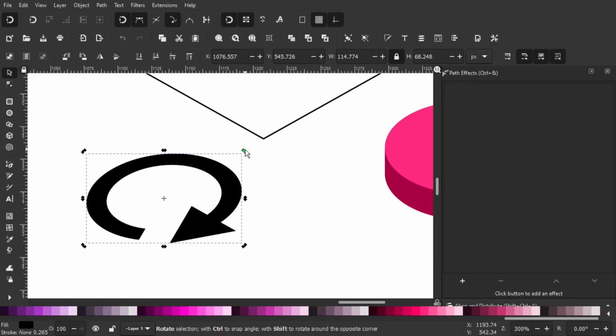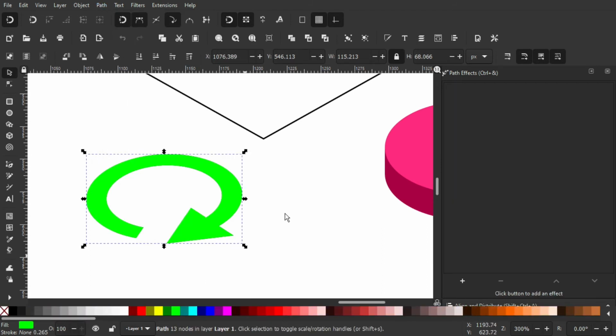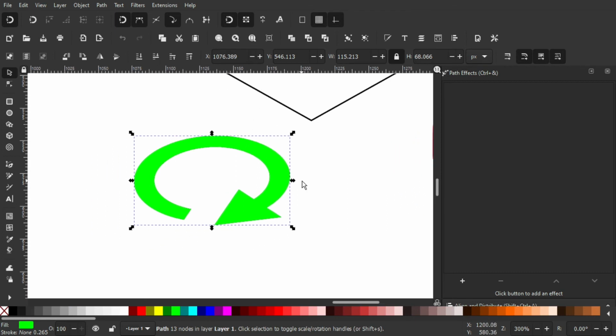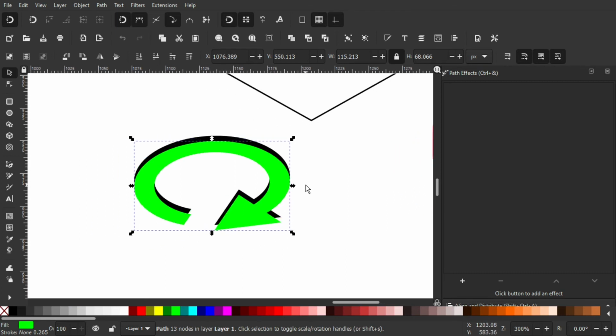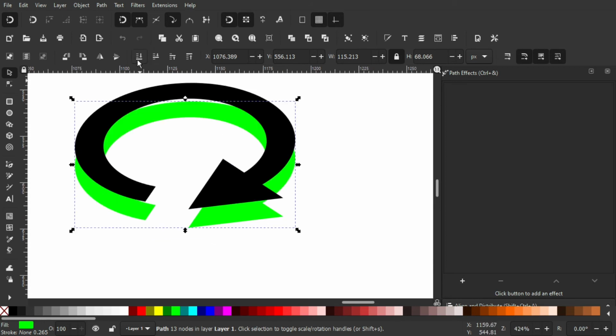So let's press one again. We have this kind of arching arrow, so we're just gonna rotate it a little bit so it has a symmetrical look like this. So Path, Object to Path, Ctrl+D, give it a green color, and let's press the down arrow key 5 times, and just make it downward with this.